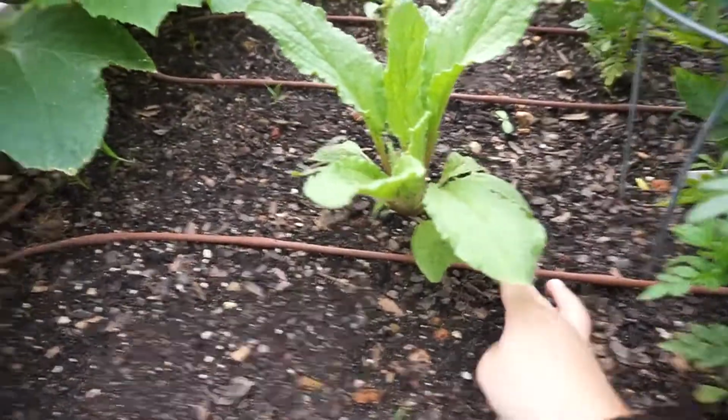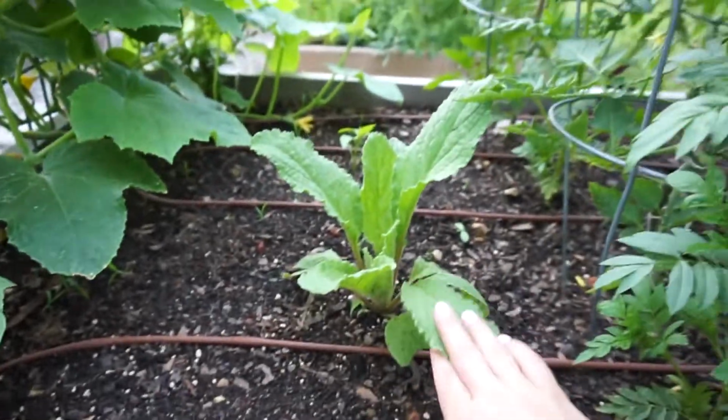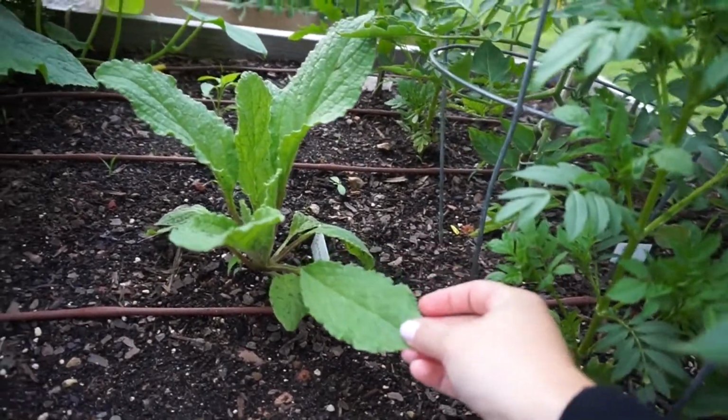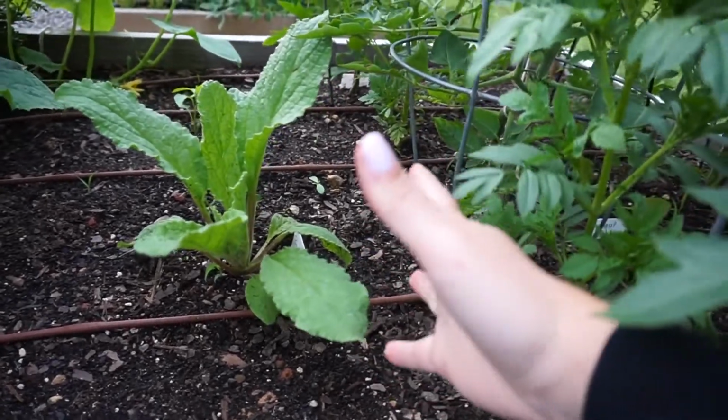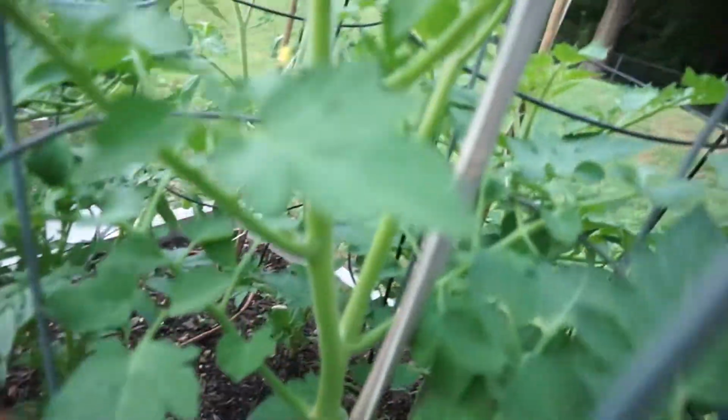This is actually borage, I believe. Let me see. Yes, this is borage. And this also is good to plant with or next to tomatoes and certain other plants. And again, it helps deter pests. Here are some other examples I'll show you of